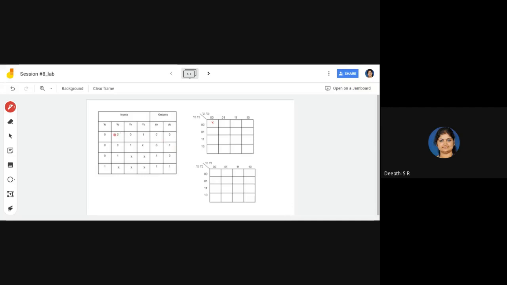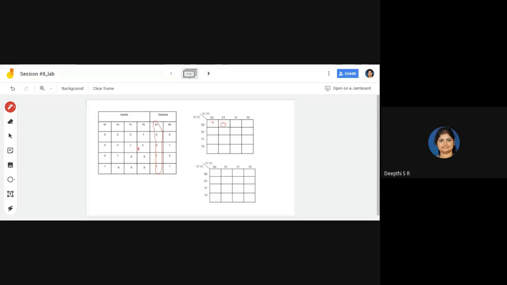Okay, so when it is 0001, that is Y3 is 0, Y2 is 0, Y1 is 0, Y0 is 1, then what is the output? I am checking for A1. Okay, it is 0.